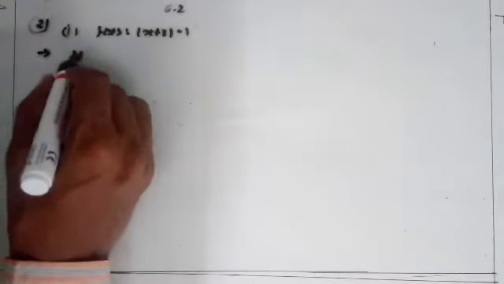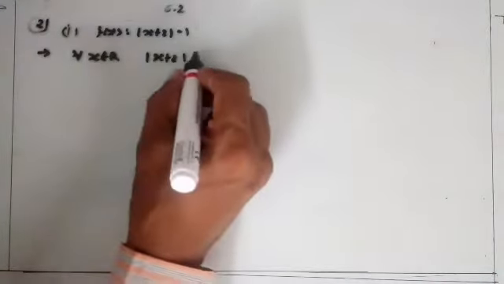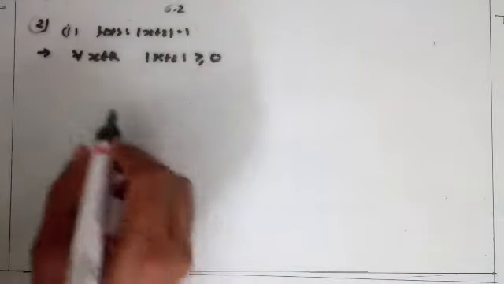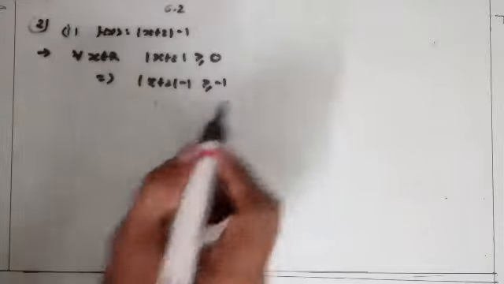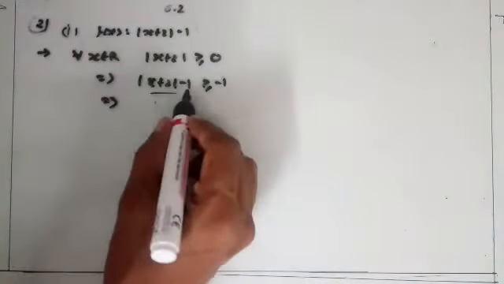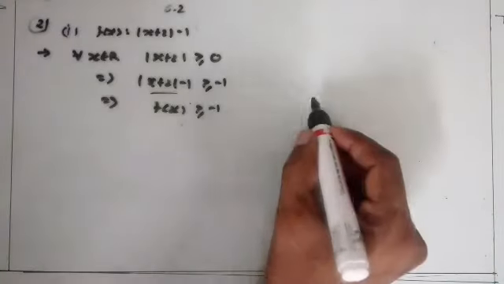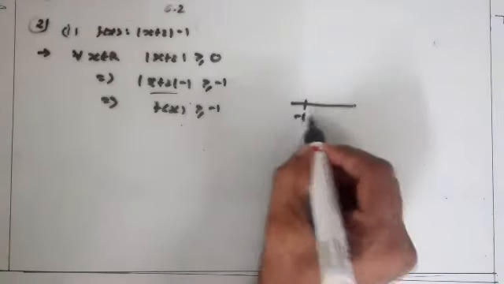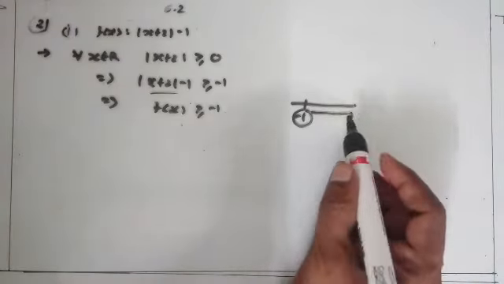Here we know that for all x belonging to R, |x + 2| is always greater than or equal to 0. This implies, subtracting 1, |x + 2| - 1 is greater than or equal to -1. So f(x) is greater than or equal to -1. The value of f(x) is not below -1. f(x) has no maximum value and a minimum value may be -1.